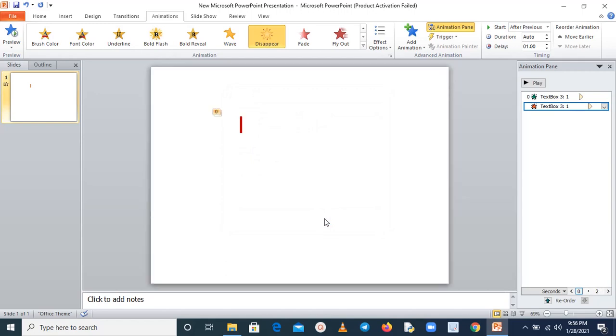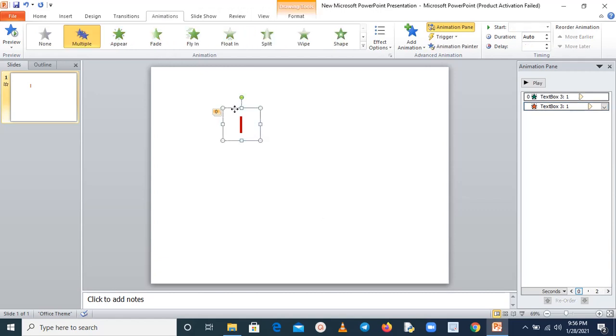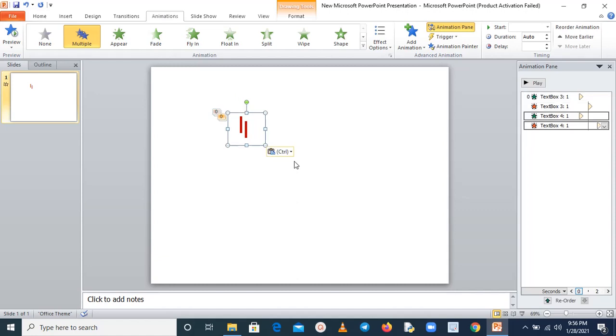Now you have to make it 1 to 10. So just copy it and paste.